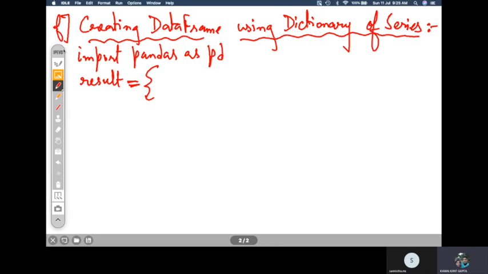The values will be the series of values for subjects or exams. So we can have Mohit, who is having pd dot series.